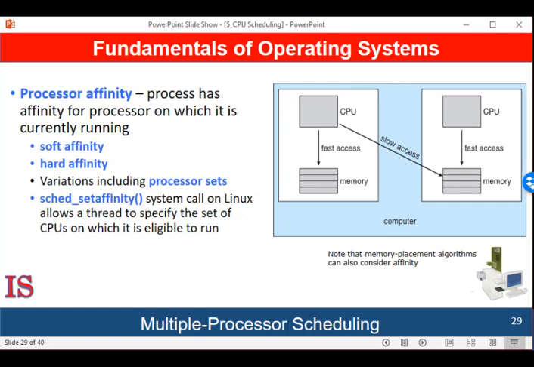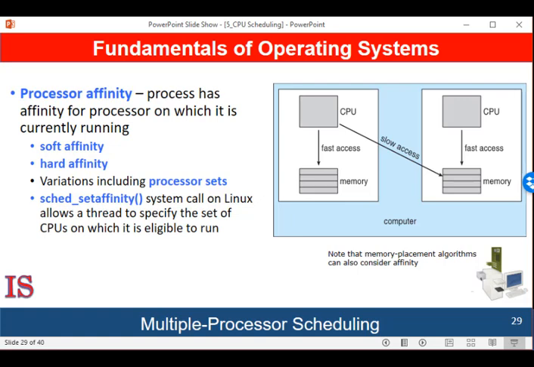Consider what happens to cache memory when a thread has been running on a specific processor. The data most recently accessed by the thread populate the cache of the processor. As a result, successive memory accesses by the thread are often satisfied in cache memory. Now consider what happens if the thread migrates to another processor as a result of load balancing. The contents of cache memory must be invalidated for the first processor, and the cache of the second processor must